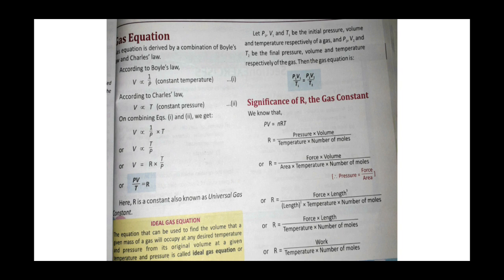So in that way we can understand the simpler gas equation, that is PV = nRT, the first relation. And if you take pressure, volume and temperature like P1, V1, T1 and then P2, V2, T2, another relation is P1V1/T1 = P2V2/T2. Hope you understand.